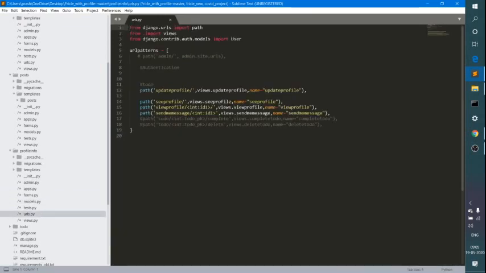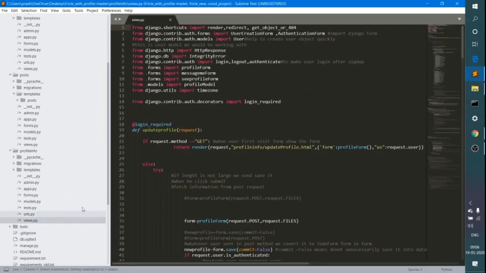I go to urls.py. This urls.py shows that if I enter a particular URL, then which function should be called and where I should be sent. Suppose the URL update profile has been entered, then the particular function linked to it, update profile, will be called, and this update profile function is present in views.py of this app. This update profile will take a request. This @login_required shows that you cannot update your profile unless you are logged in. If you try to do so, it will redirect you to the login page.